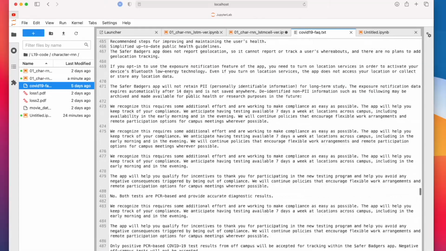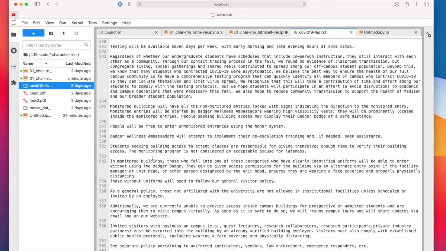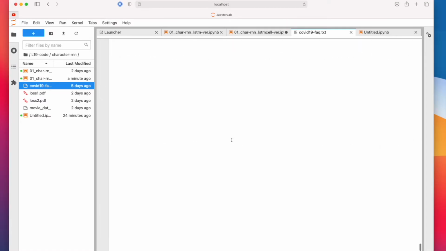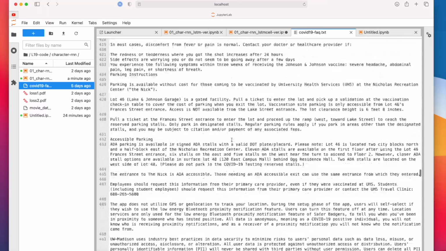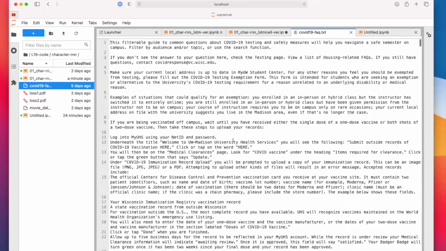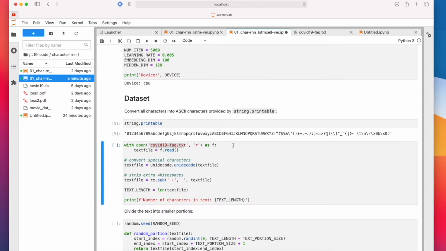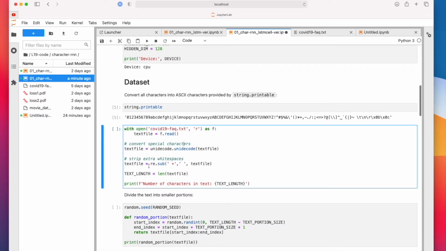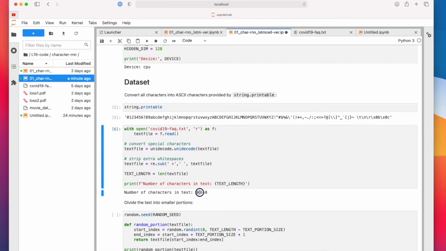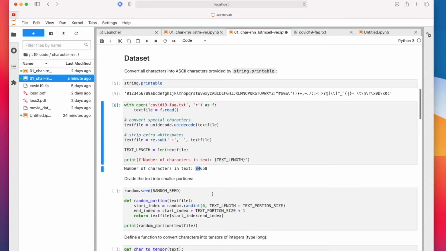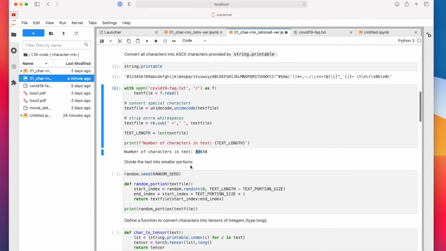This is our training set. It's all COVID-19 related questions from our university website. Here I'm just opening and loading the text file. In total we have 84,000 characters in our text file. It's almost like a small book.